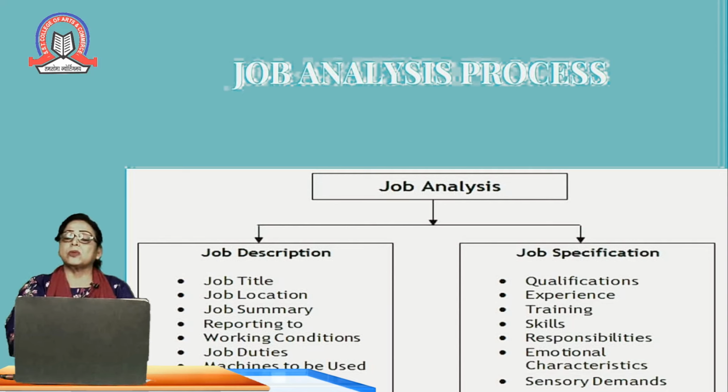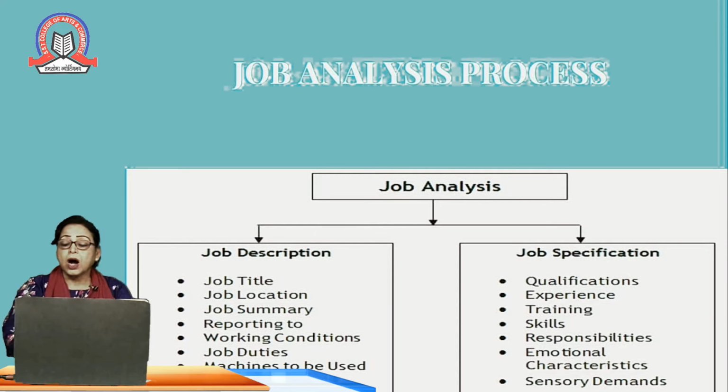Now let us move to the job specification. Job specification is specifying the requirements in the personnel, that is, the human resource. What is required? Qualification. What qualification do we need in the person whom we want to select? Experience. If he has experience, a particular number of years of experience is also to be mentioned. Training. What kind of training he needs or will be given. Skills. What skills does he possess and how to develop those skills. Responsibilities. What will be his responsibilities? How much, or to what areas, will he be accountable?